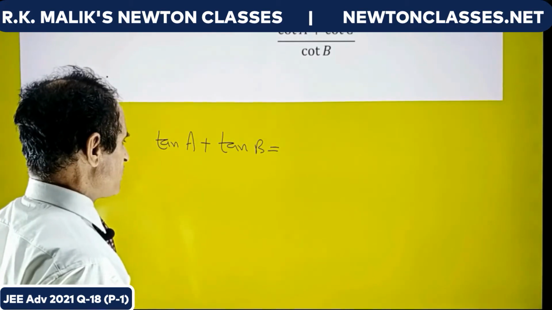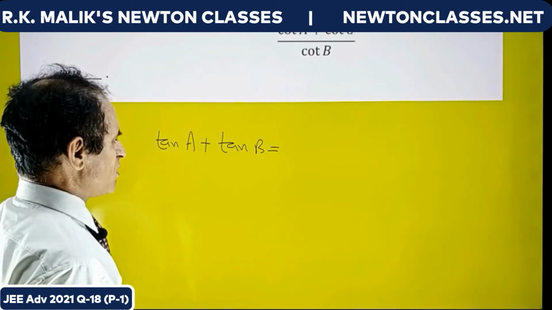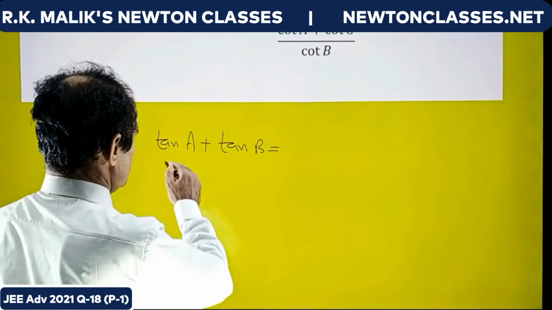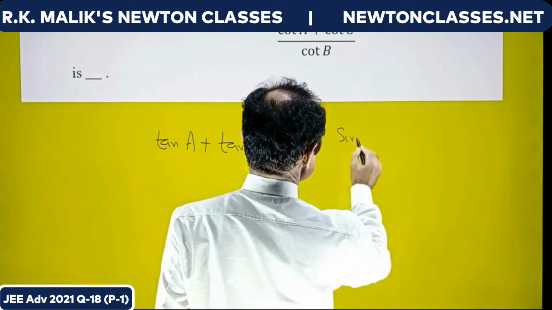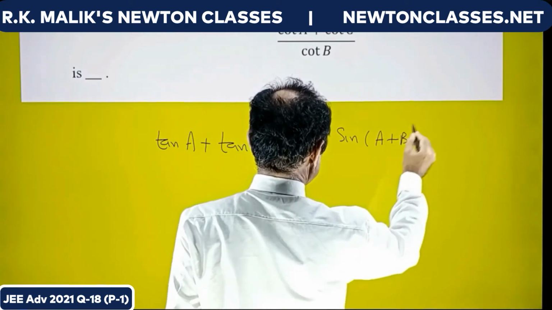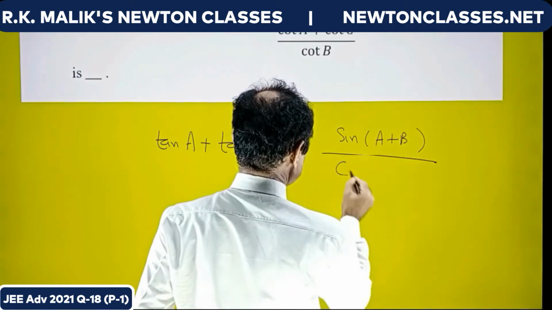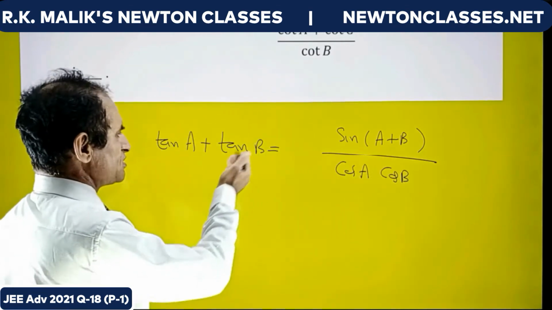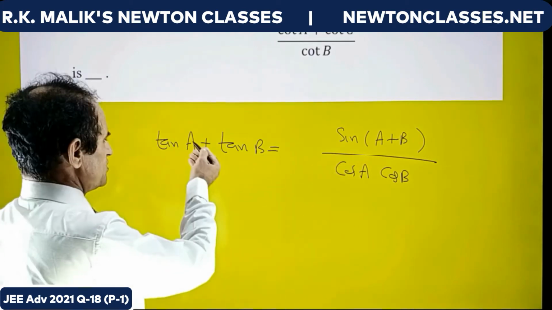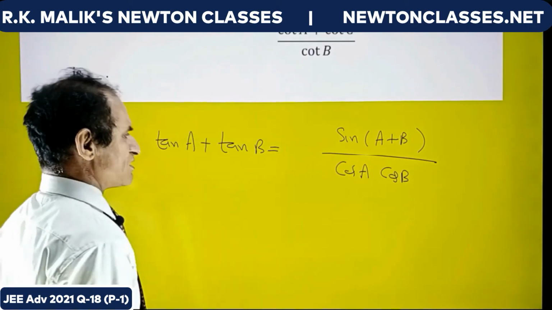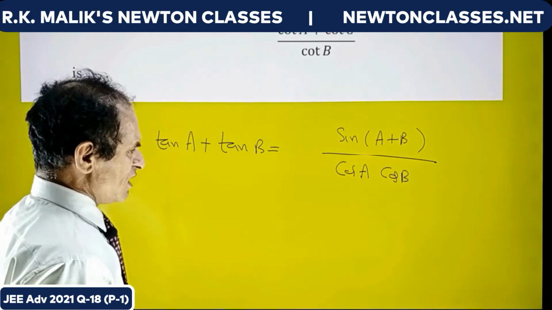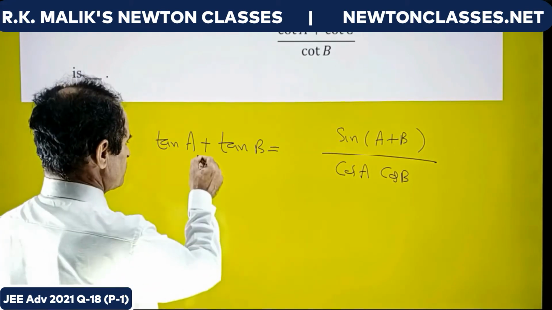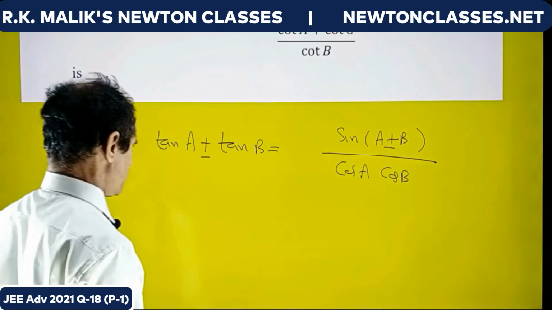So far you have seen them in questions only, but actually when you are preparing for JEE examinations, you must remember them. Tan A plus tan B is sin(A plus B) upon cos A cos B. It is not difficult to see the proof of it. Just take LCM and you will get this formula directly. But I just want to tell you that you must keep this result in mind. And if it is minus here, minus will come here.